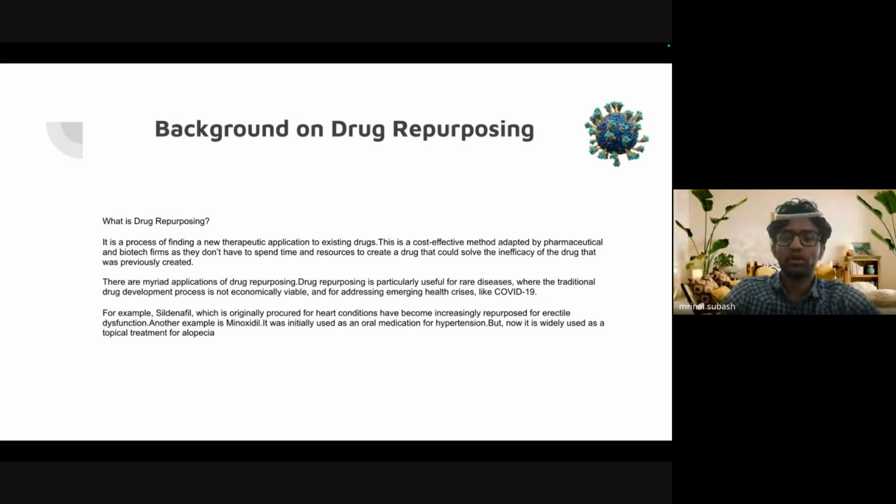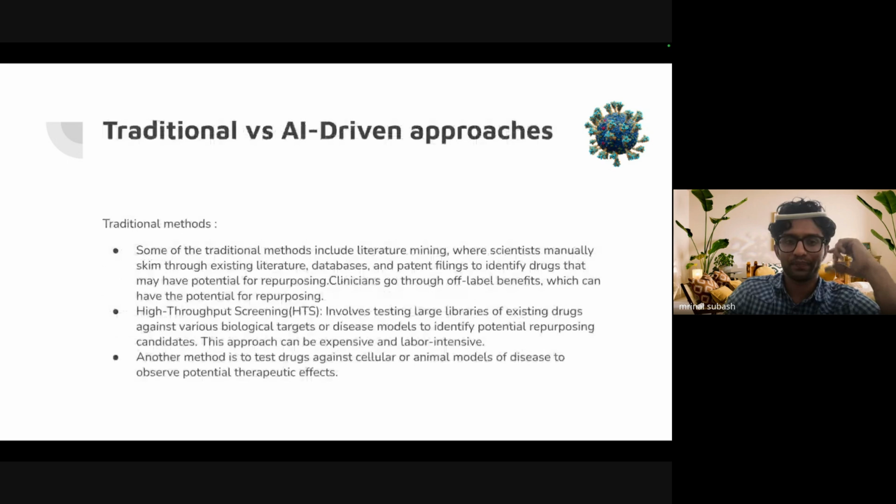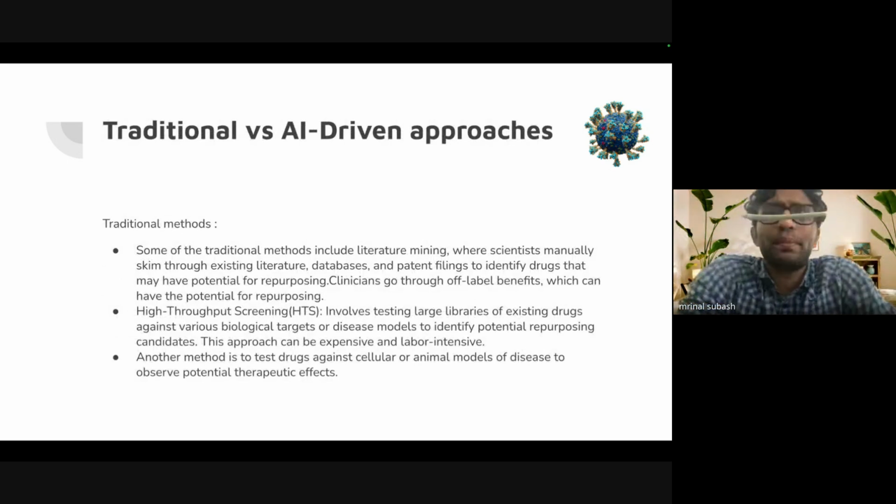Now, what I'm going to talk about is how AI can affect the process of drug repurposing. And more or less, it is going to talk about the positive effects of how generative AI can repurpose a certain drug. So, traditional methods versus AI-driven approaches. I'm going to compare and contrast these two methods. When you think of traditional methods, you can picture scientific communities coming together in a panel discussion